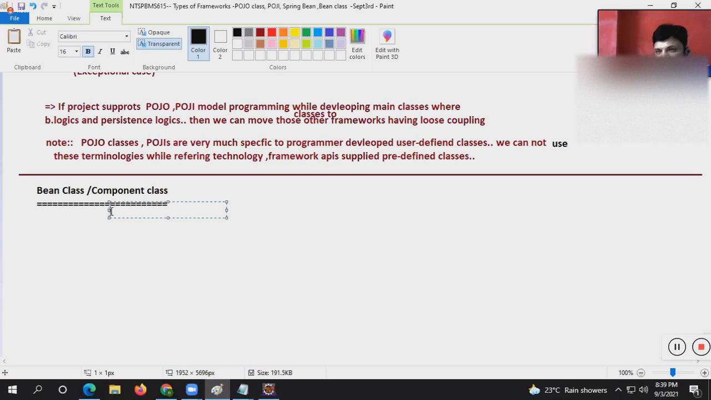Moreover, listen. Component classes or bean classes can be developed as POJO classes or non-POJO classes. There is no guarantee. You may develop it having dependency with the technology, or without having dependency with the technology. But what is the primary criteria? There should be member variables, and there should be methods. Inside the methods, member variables must be used. Then only it is called a